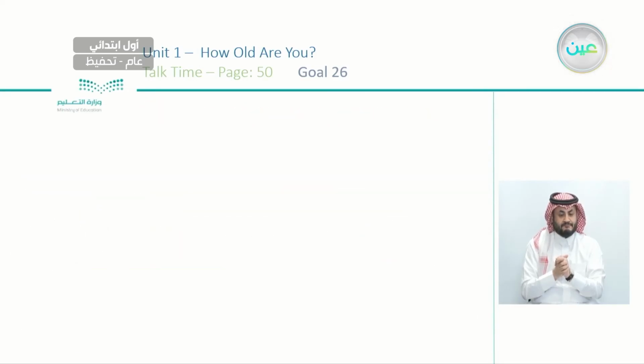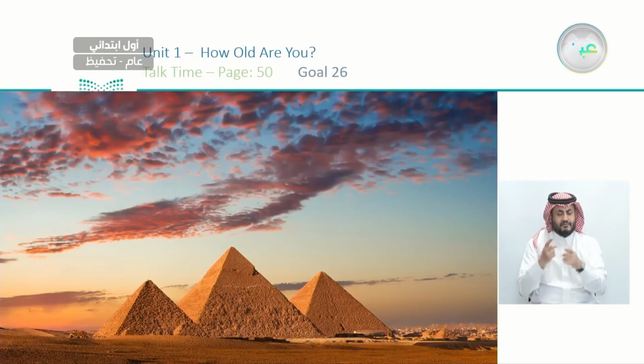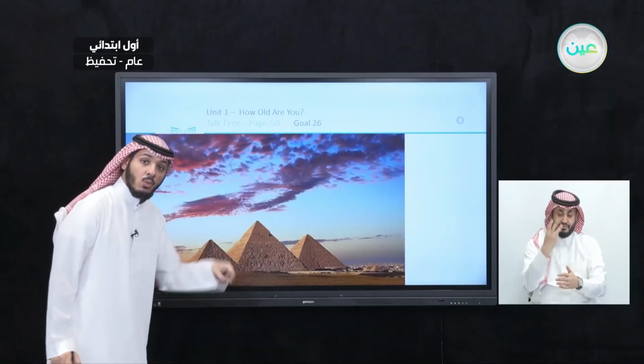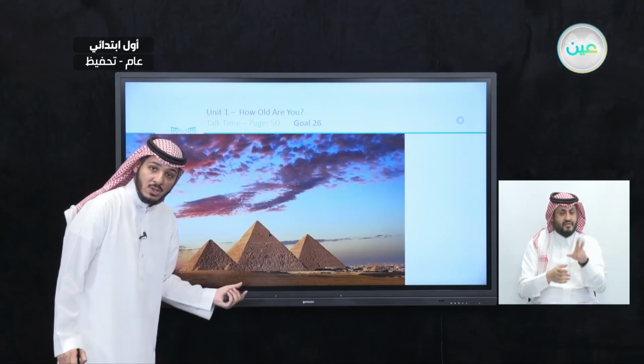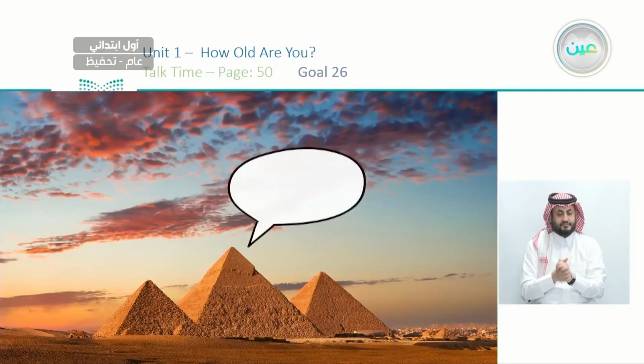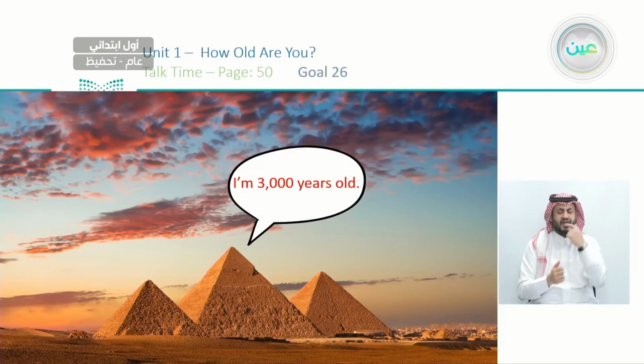Okay, now number 2, or before number 2, we have this. Can you tell me what is this? This is what? A pyramid, and we have 3 pyramids here. Pyramid, like in what? In Egypt. Yes, you can find it in Egypt. So those are pyramids. Okay, so one of them says what? I'm